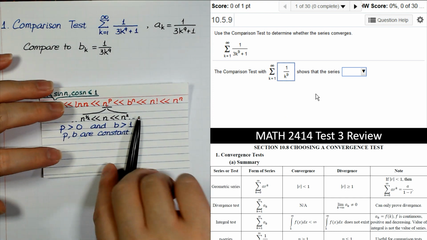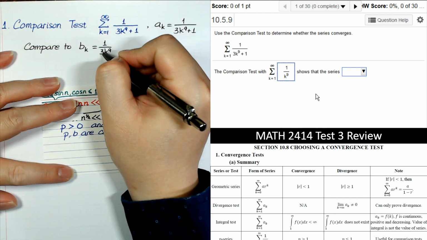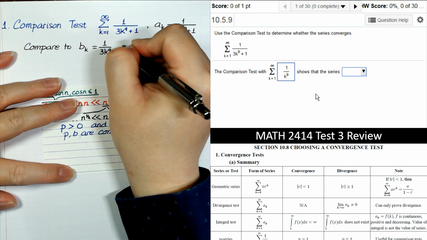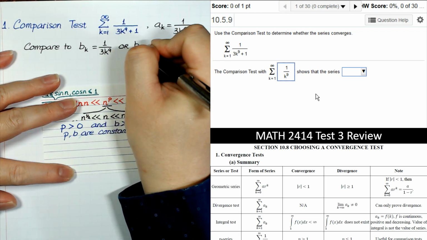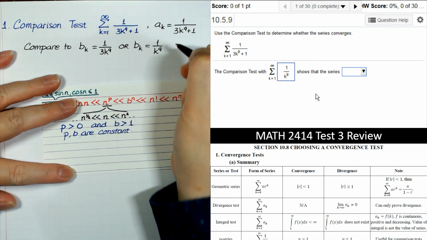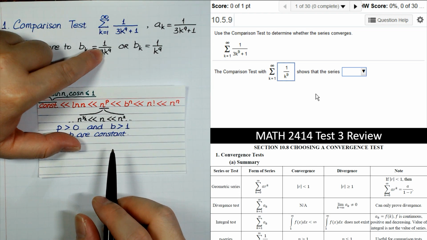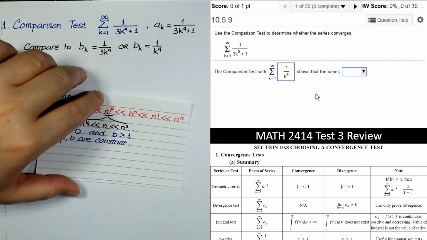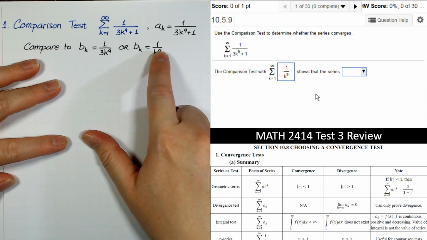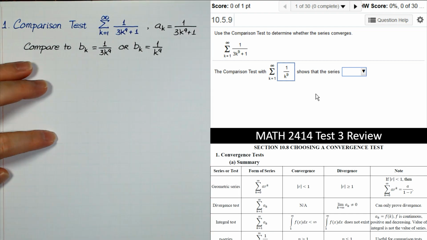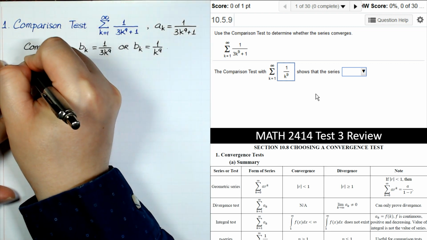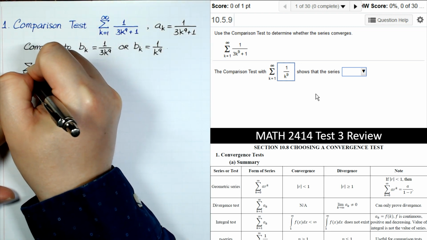And I'm going to use this one because once we have that, the coefficient does not affect much, so just do the one without the coefficient. So we compare with the series of this term. Right. Now, if we let b sub k equal to that, then we have the series of b sub k